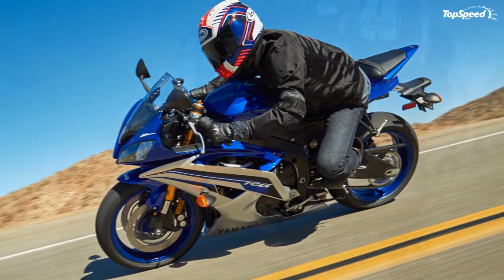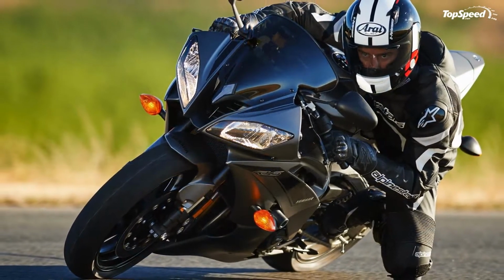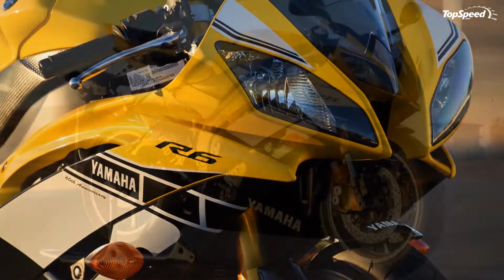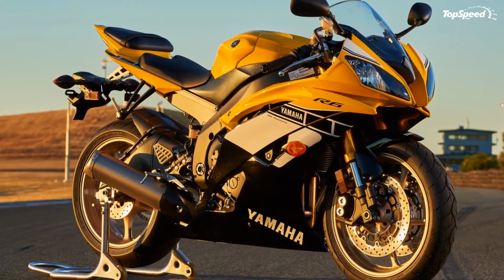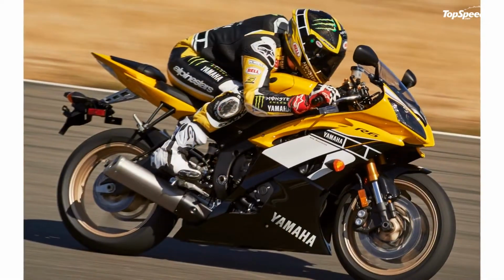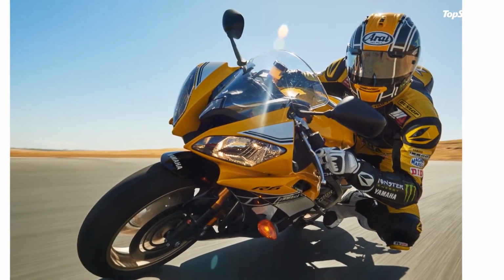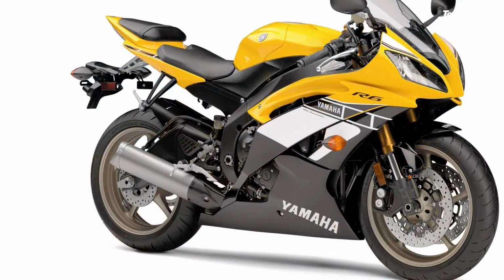The 2015-2016 Yamaha YZF-R6. Yamaha introduced us to its 600cc Supersport, the YZF-R6, way back in 1998. Fast forward to 2015 and we find the R6 still at it with even more of what made it popular